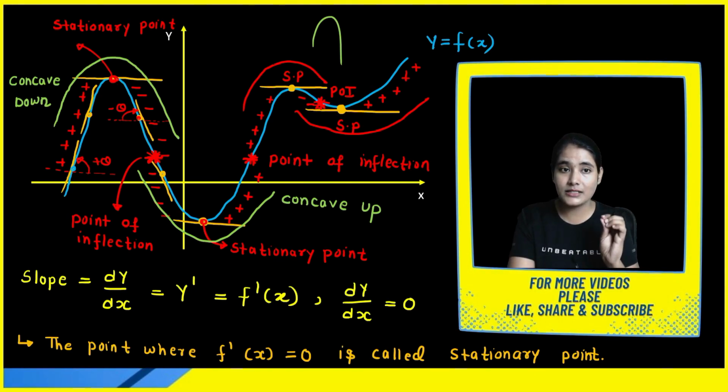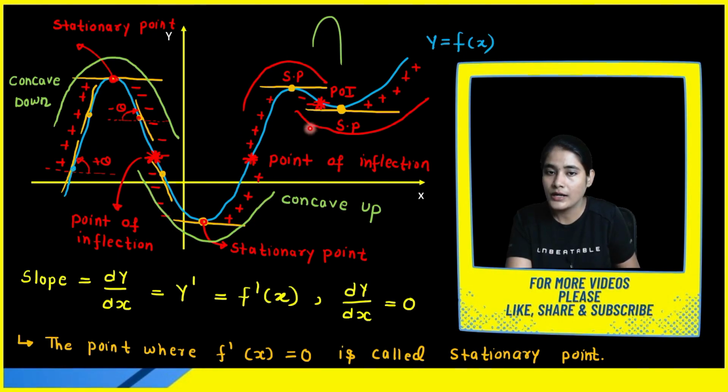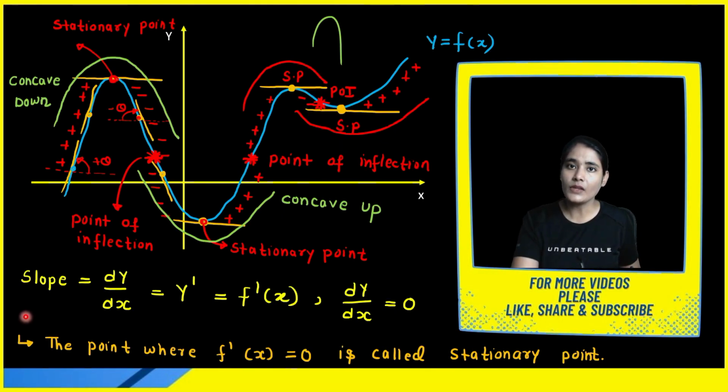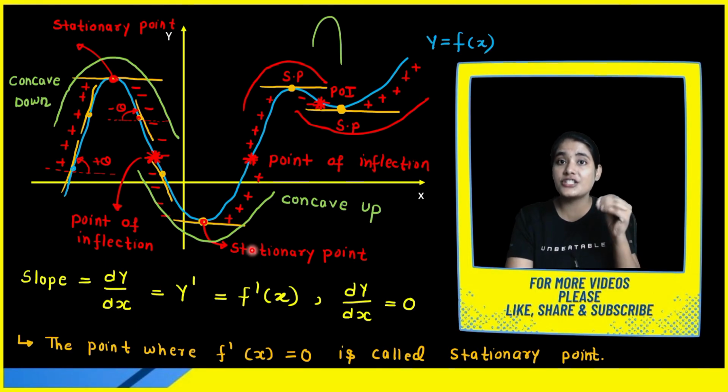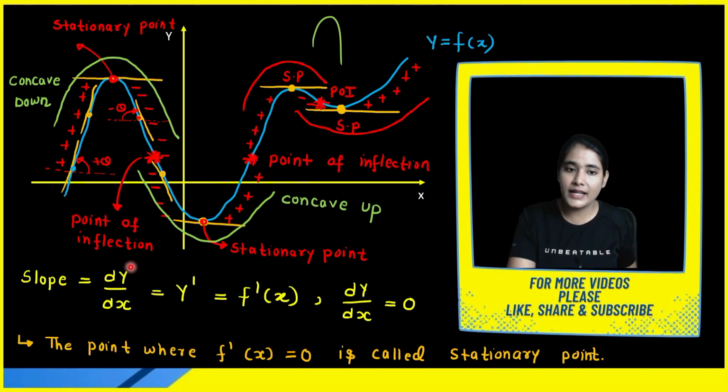Okay, try to understand. Whenever concavity is changing, then you are getting a point of inflection. So here concavity is changing, here you are getting concave down, concave up, somewhere here concavity changing, concave up, concave down, concavity changing, concave down, concave up, again concavity changing. Okay, now try to observe one by one. This slope is giving you the change in y with respect to x. If I am talking about the change in the slope, if I am taking the change in y, I am taking d by dx of y.